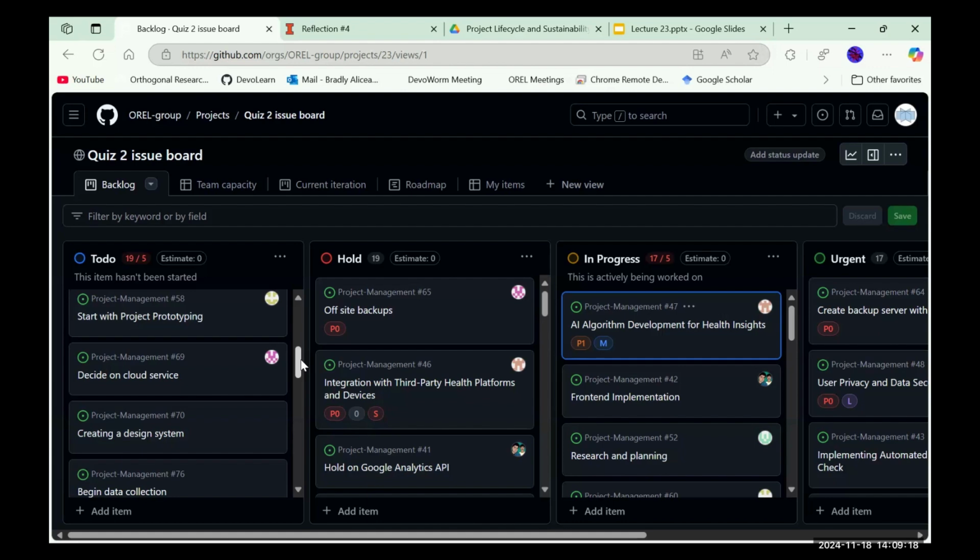And of course, they're in progress, meaning that people are working on at least a part of that unit. Now, you might find out that when you say front-end implementation, you get about 20% of the way in, and you find out that there are things you need to do, maybe separate issues that need to be tackled as dependencies, or maybe some things that need to happen after the issue is completed. And so that's perfectly fine. You can put those issues out. You can refine your in progress issue.